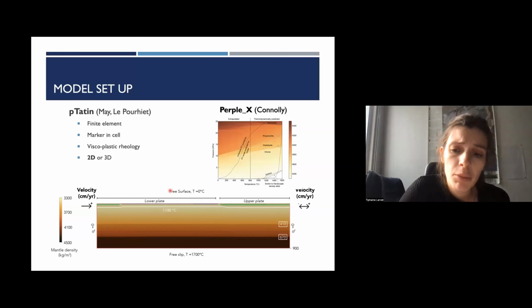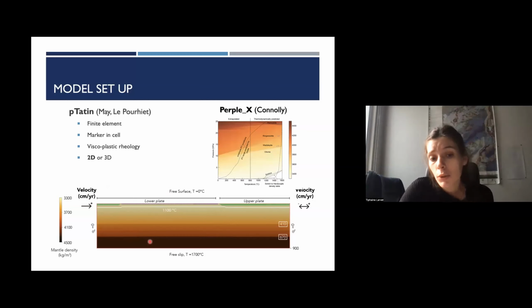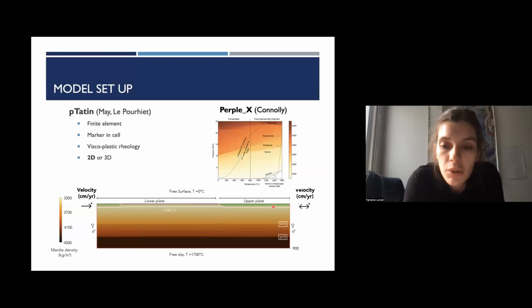On the bottom of the slide, you see the initial condition of my model. It corresponds to the subduction initiation after the mid-oceanic ridge subduction. You have two tectonic plates. The upper plate is continental, and the continental crust is shown in green. The lower plate is mixed, with an oceanic domain shown in blue and a continental margin.